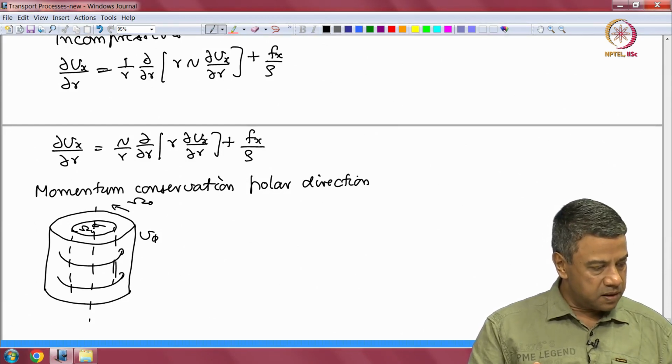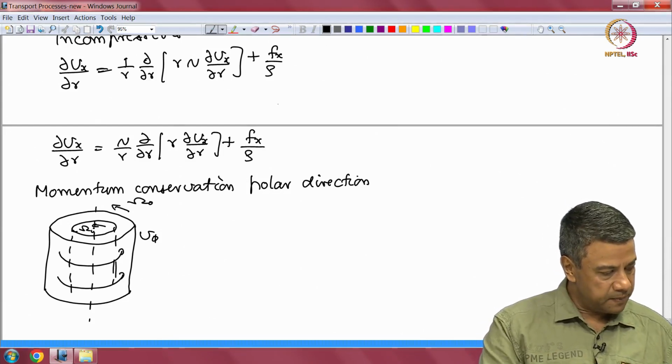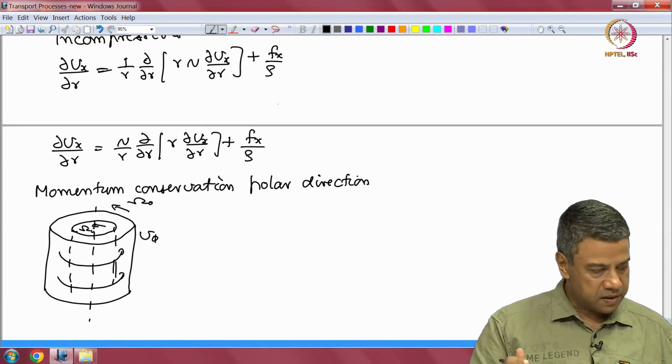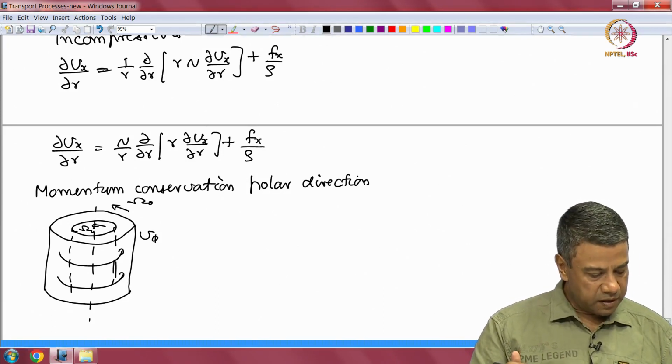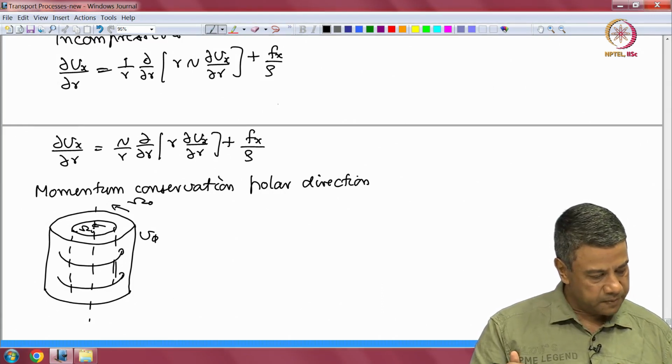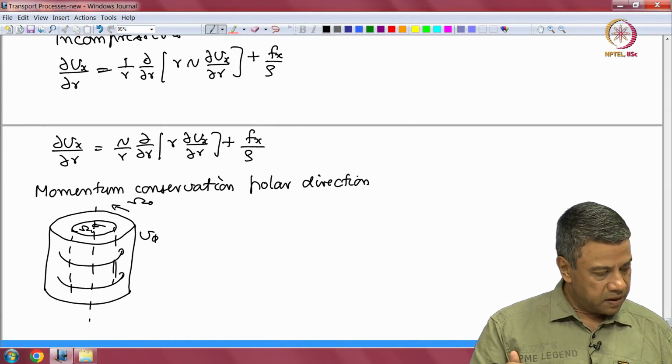In this case, what is the momentum conservation equation? For the axial velocity v phi. I will not derive it, I will just give you the final result for the momentum conservation equation. The final result is